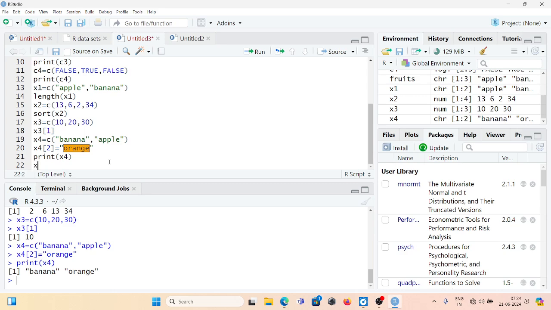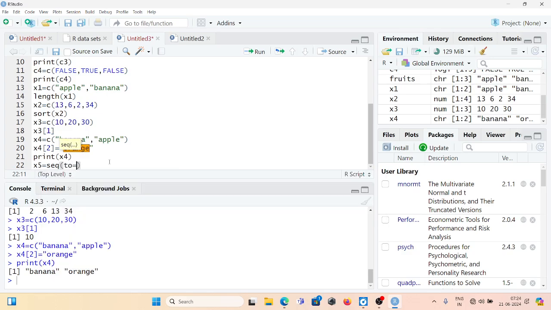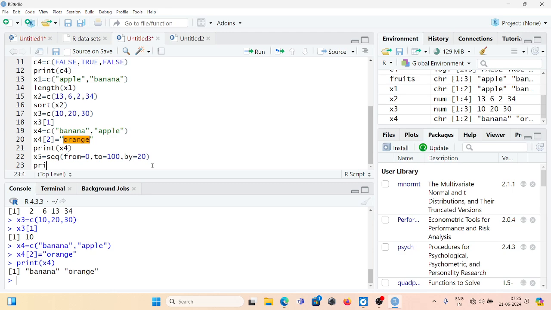I am writing here x5 is equal to the sequence function, with from equal to 0, to equal to 100, and by equal to 20. That means we are starting from 0, we want to go up to 100, and the elements should increase by 20. So let's display this